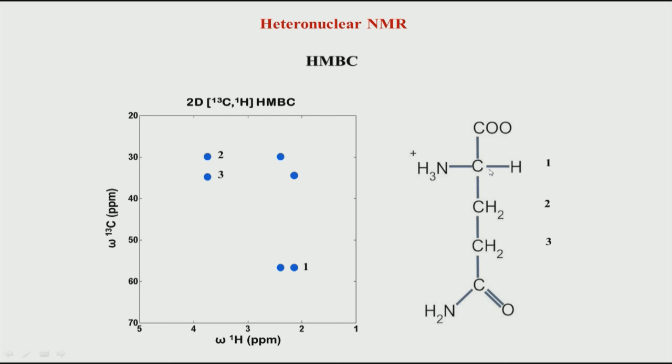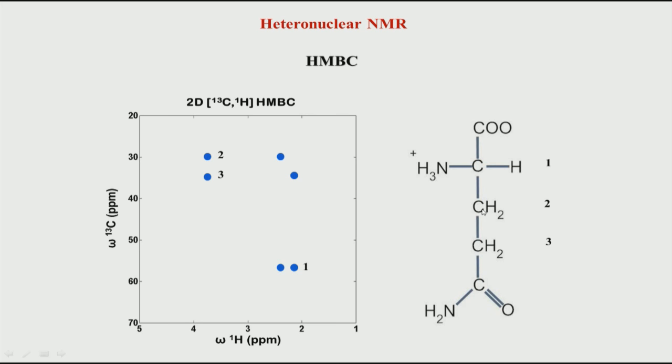Because the strong coupling means this pair we have already got from HSQC, we do not need another experiment to give the same information. So, this HMBC was designed to get information of longer range coupling. We will see shortly how that helps to resolve some kinds of ambiguities, but HMBC works by going to